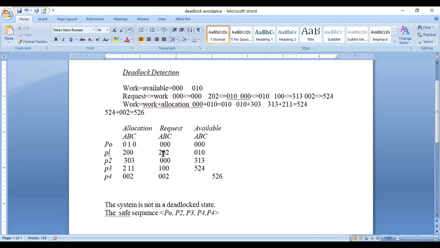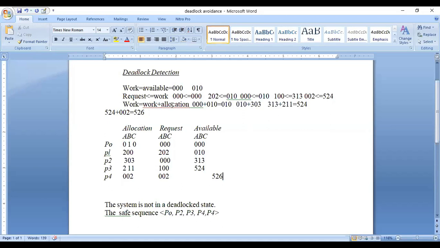P1 request value is 202. So 202 is less than or equal to 526. Is the condition true or false? 202 is less than 526. So the condition is true.